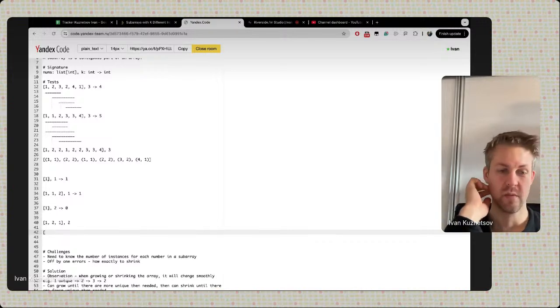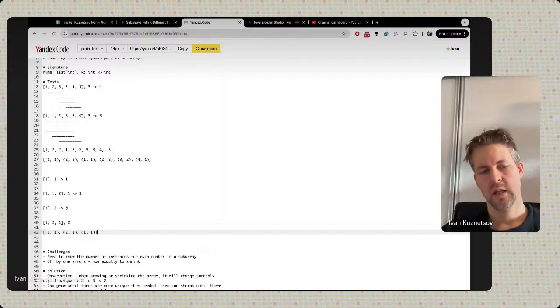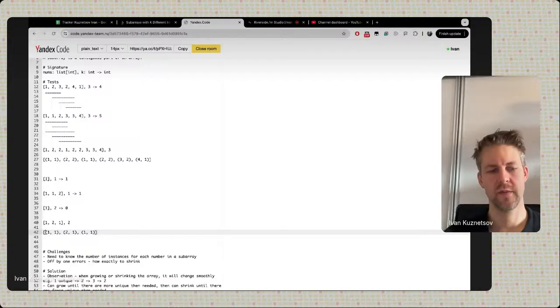Yeah, here the problem is that we will be storing our numbers as 1, 1, and then 2, 1, and then 1, 1 again. And we will figure out that here we have one number, and here we have one combination of numbers. But